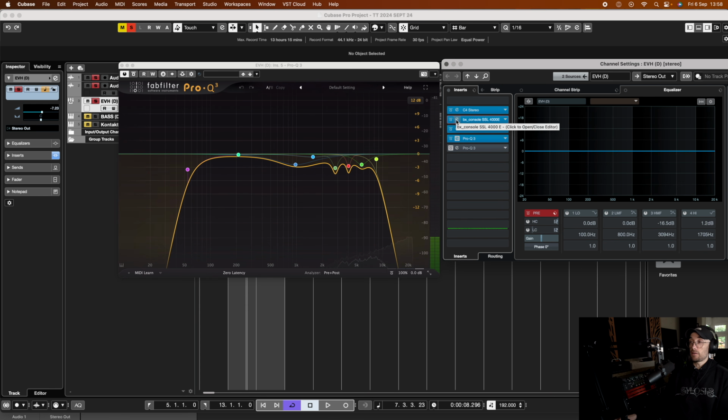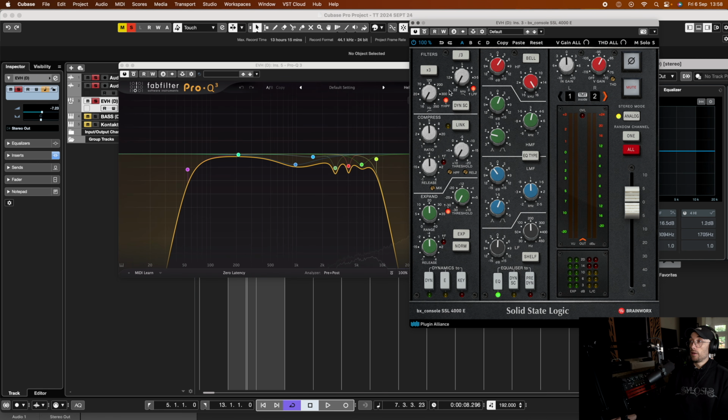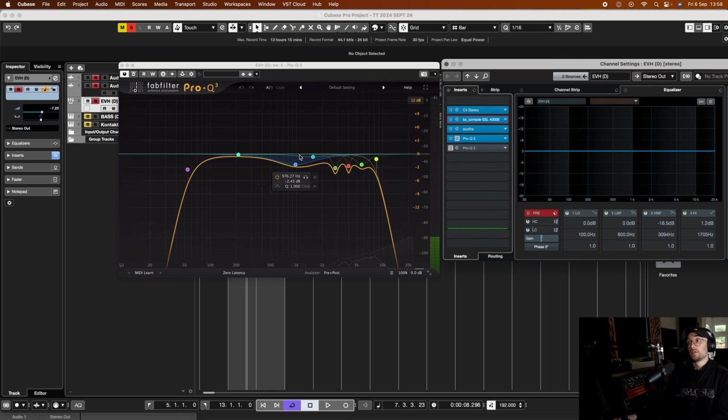There's no specific reason why I would go for the SSL console, but it does do that similar thing of the Korn F1 where it can emulate an analog board and give you a slightly different stereo image, but obviously I'm using two different tones here. So again,